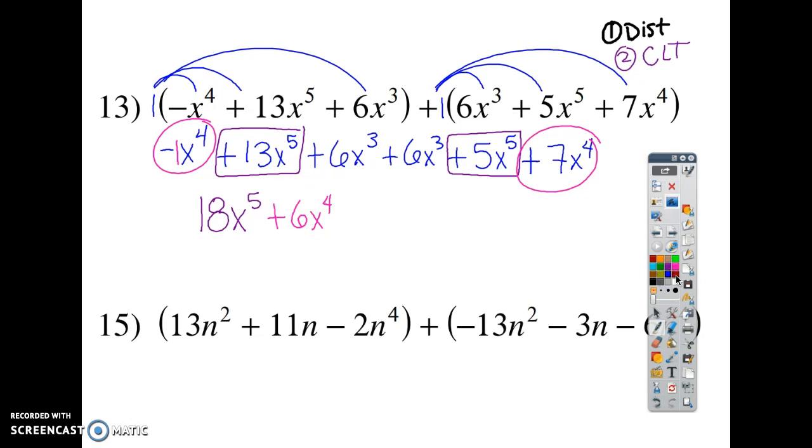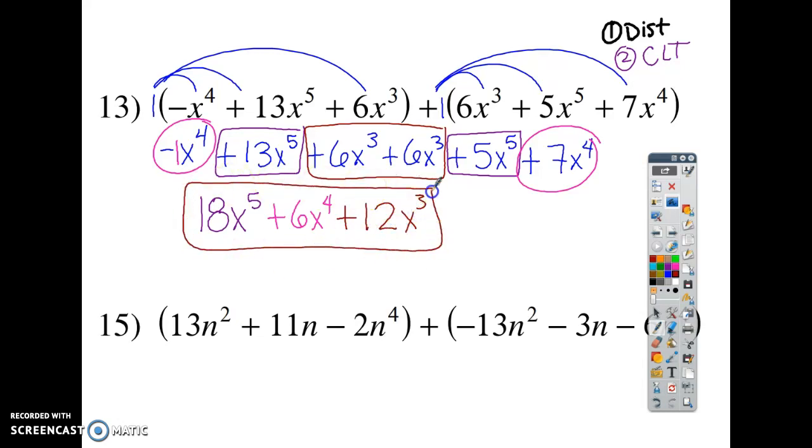And then we have the ones to the 3rd power, so these two go together. Positive 6 plus 6 is a positive 12, and they have x to the 3rd power. So this is your final answer, and you can work the rest of them out